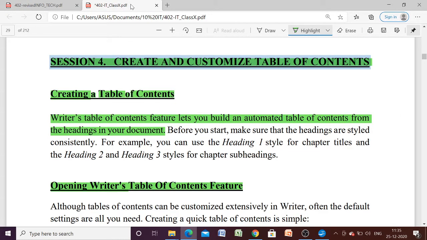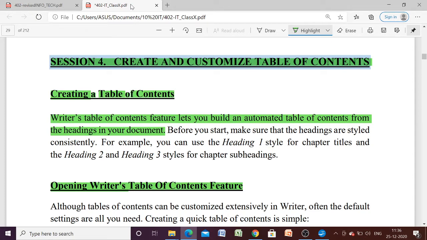When we are talking about creating a table of contents in OpenOffice, what does it mean? Table of contents means the same thing we have in the index page of our notebook or textbook. अगर हम अपने टेक्स्ट बुक को पलट के देखते हैं तो सारे ही टेक्स्ट बुक में आपको इंडेक्स पेज या टेबल ऑफ कंटेंट्स देखने को मिलता है. And similarly we maintain an index in our notebook also. Now the same thing can be maintained in OpenOffice Writer also, from the paragraphs written in the document.